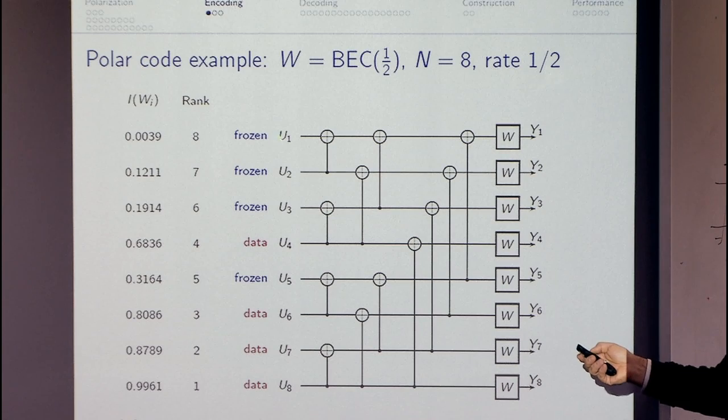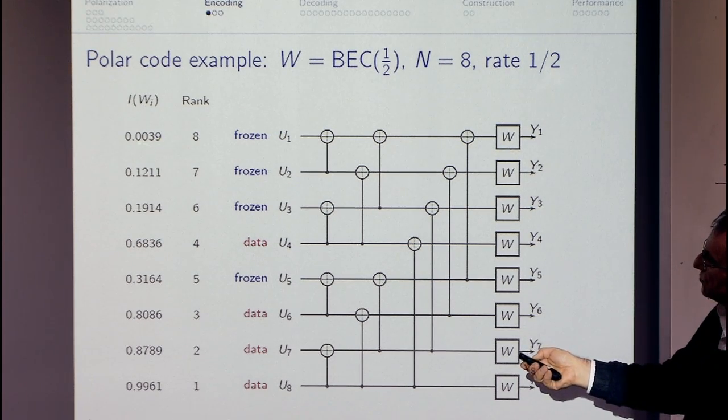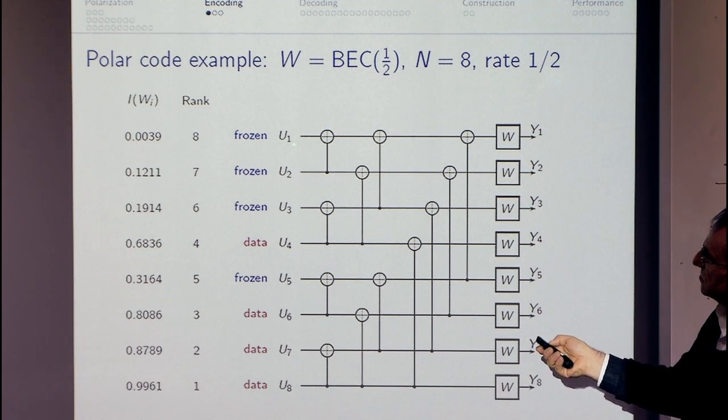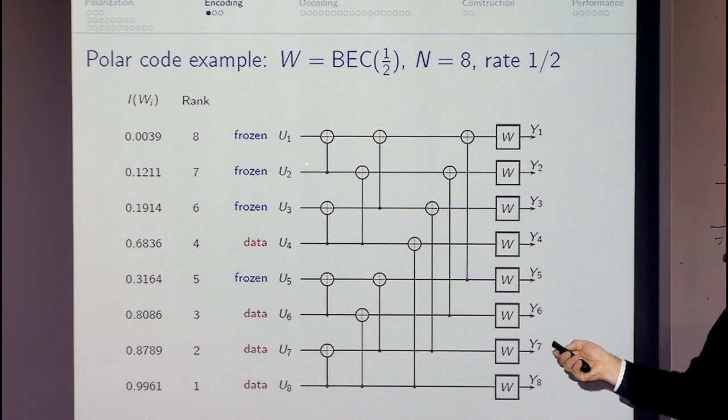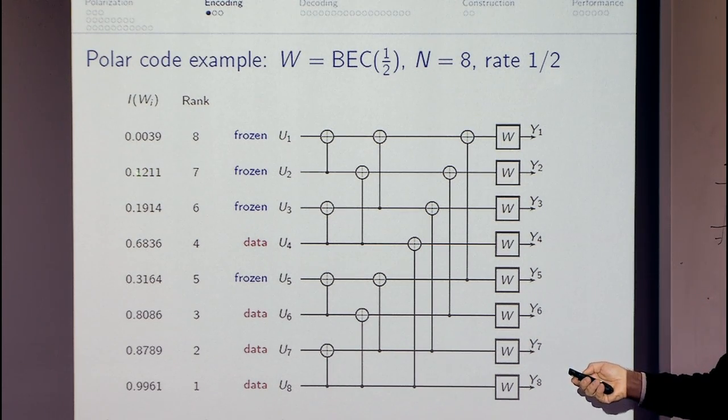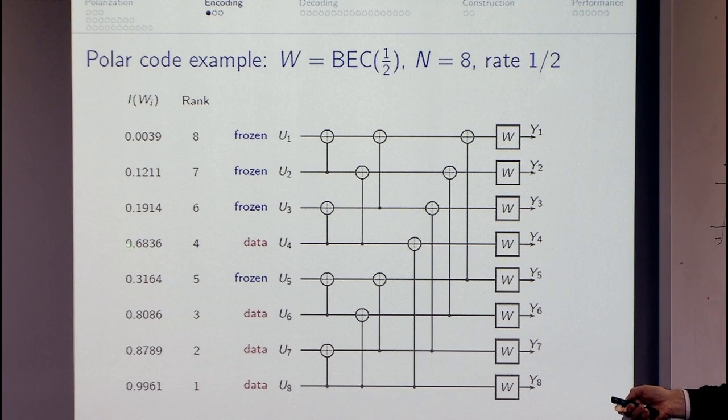Okay, so the bit channel with the smallest capacity gets its input frozen as 0, let's say. And then the second smallest capacity is this one, that too is frozen. The third and the fourth smallest, they are frozen. So the remaining ones, one of them is very good. We will be sending data using it, and we'll be sending 4 bits of data across these ones. That one is not reliable enough, but that's all we can do with this construction for size 8.